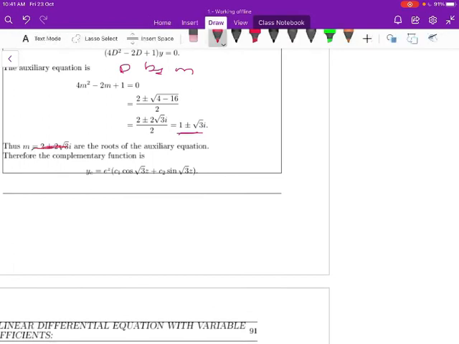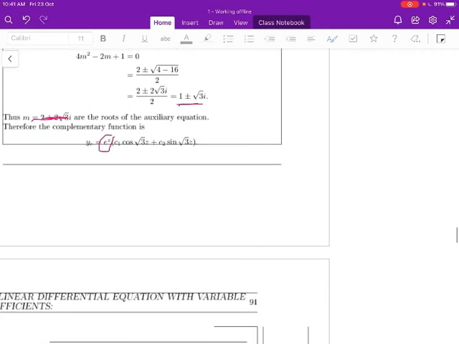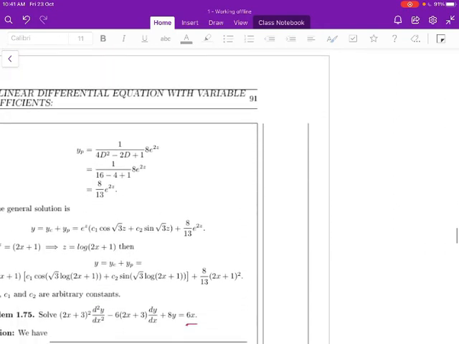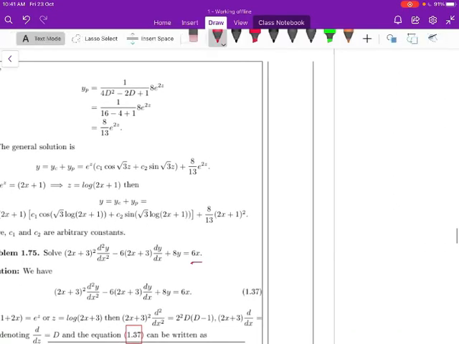This is wrong, I think. So y is equal to, with 1 by 4 as the real part of the complex root and root 3 by 4 as the imaginary part. The real part you always put in the exponential, that is e power z by 4 into c1 cos of root 3 by 4 z plus c2 sin of root 3 by 4 z. So this is the complementary function of the given differential equation.